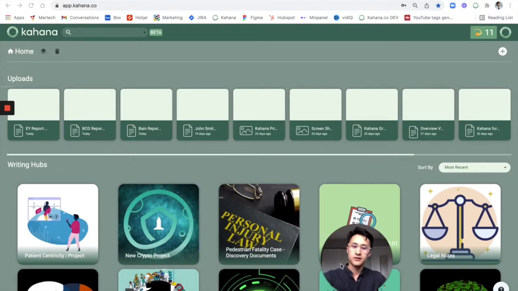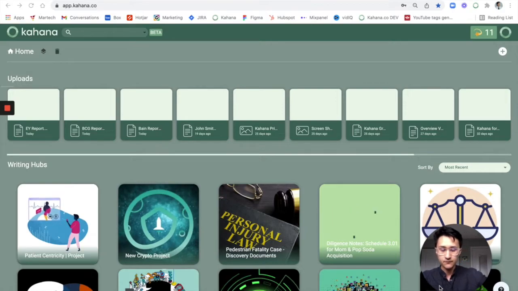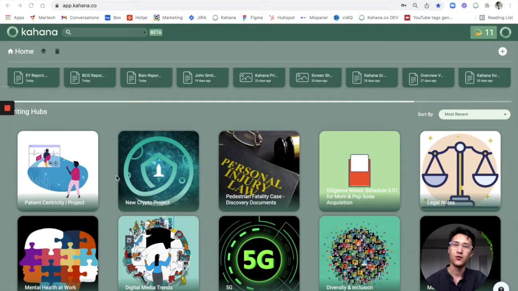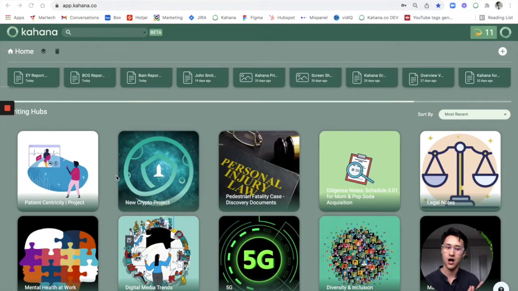All right, so what we're looking at here is a dashboard of all of these research hubs. So the first step obviously would be to upload materials one time. This is definitely an ideal. In the very beginning of your research paper, I'm sure that you have some type of knowledge bank or archive